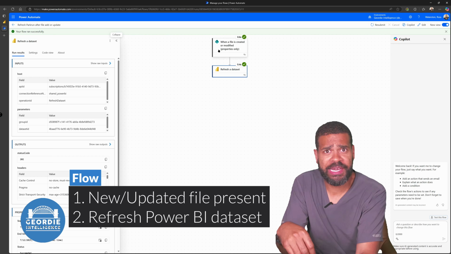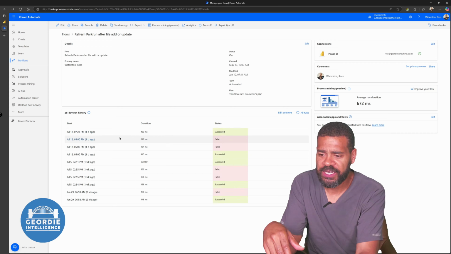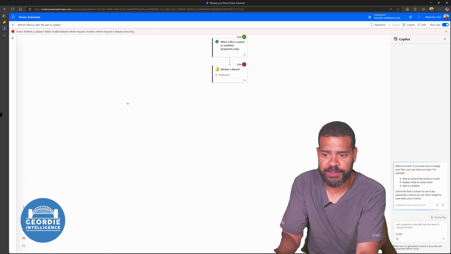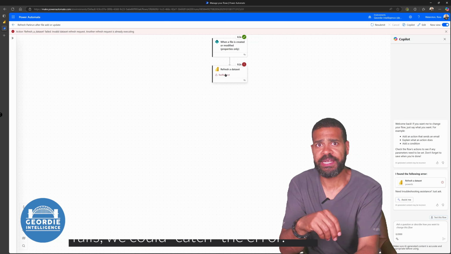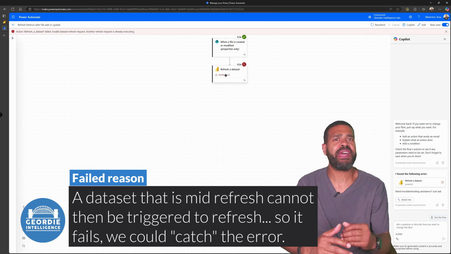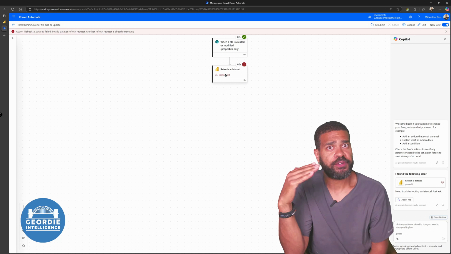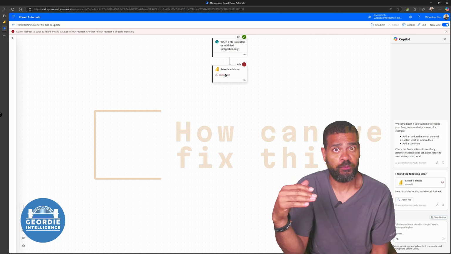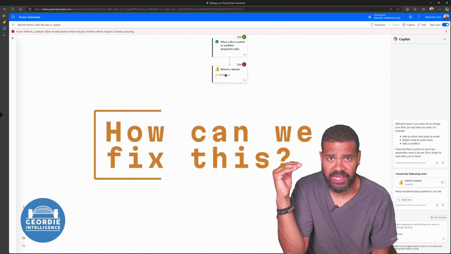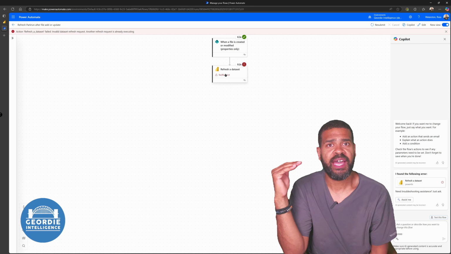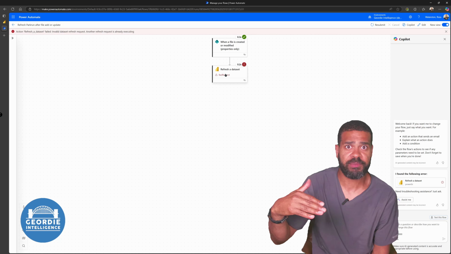And we could put in better error handling, so in the event that something's gone wrong, it does something different. If we have a look at the one that's failed, for example, we can see it's failed because the data set refresh is already happening. So what's going on behind the scenes that causes that failure? When it goes through and does the refresh work, the first thing it's doing is saying, right, what's happened to our first file, which is the event history, and then what comes through next is the,